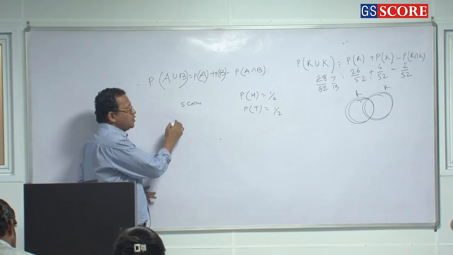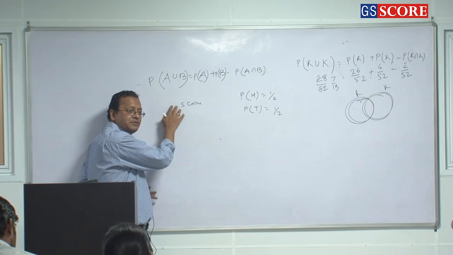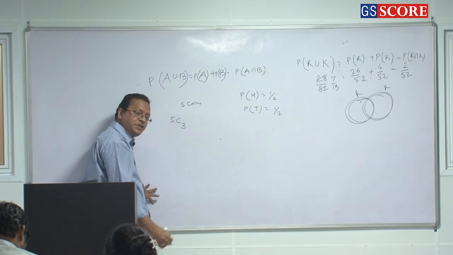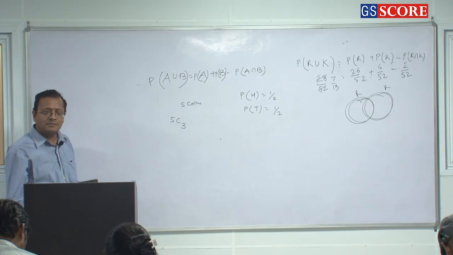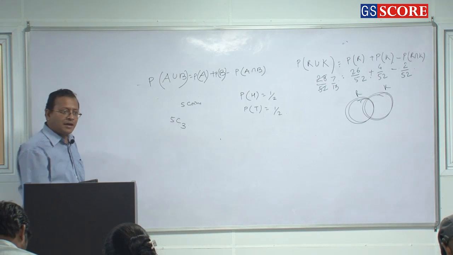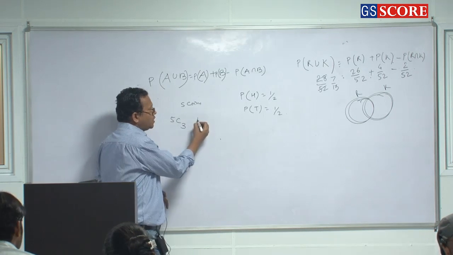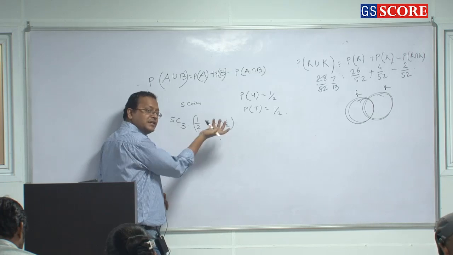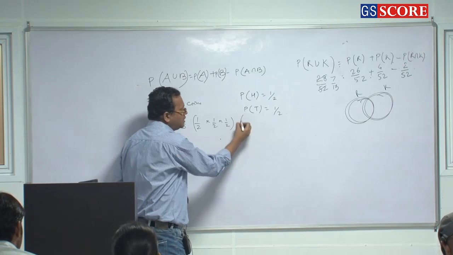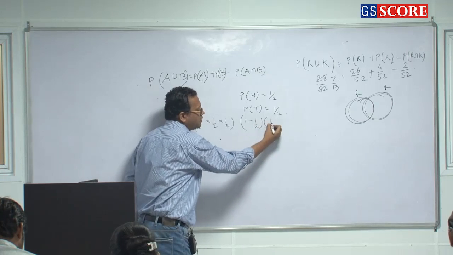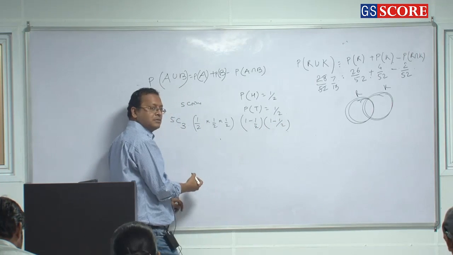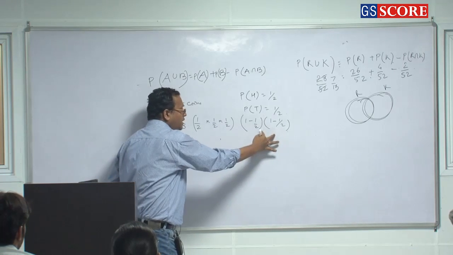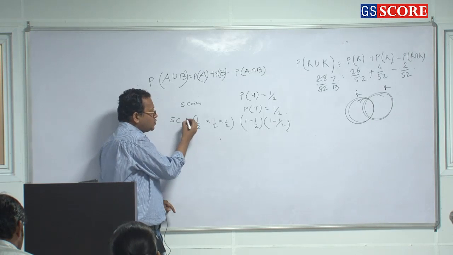So what will you do? You have to first choose 3 from 5 which will show heads. So how many ways can you choose 3 from 5? 5C3. Clear or not? And 3 then show heads. So half into half into half. These 3 show heads, any 3 will show heads. And the other will show tails. So 1 minus half into 1 minus half. Now all these are independent of each other, showing heads, showing no heads, and picking those 3 points. So you have to multiply it.